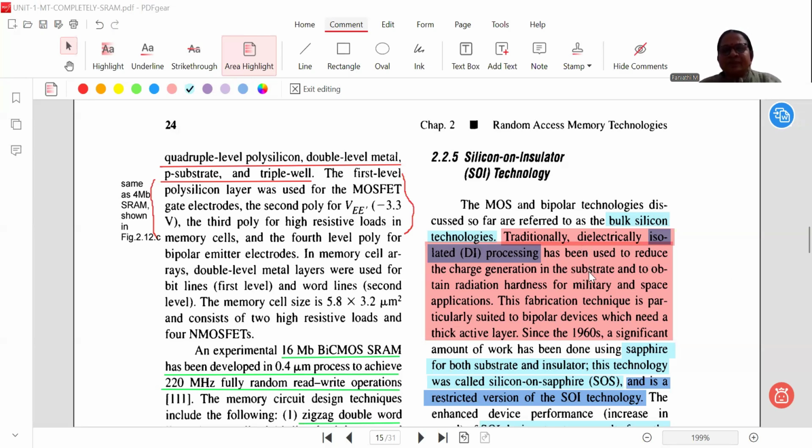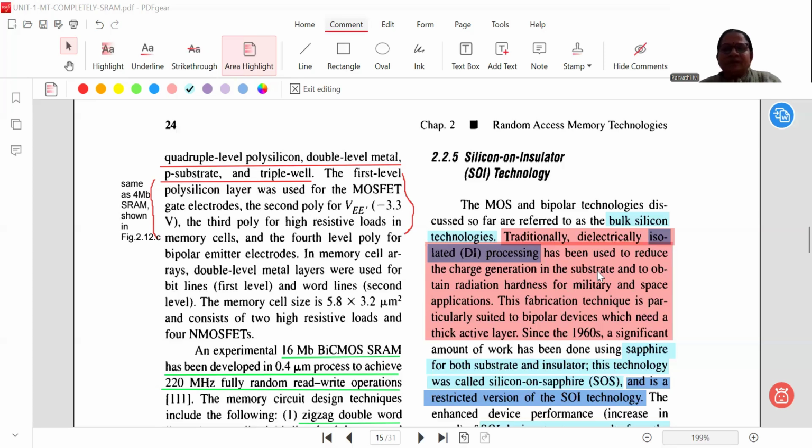Whether you consider CMOS technology, the substrate is what we have above which we have seen the P-well, N-well, then the PMOS construction and NMOS construction happened. So the substrate is a major component in order to form any other components above it, on the substrate. So in order to separate these components, PMOS or NMOS or